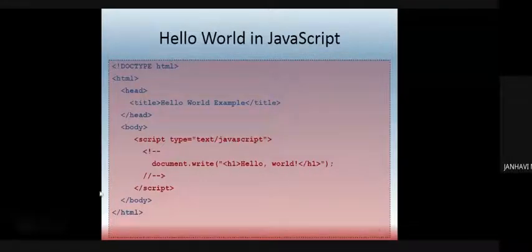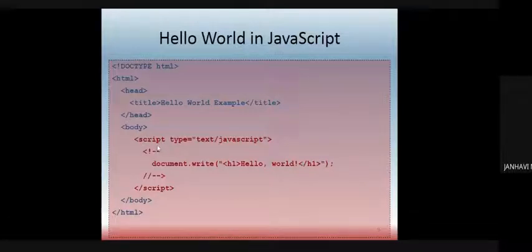Now if you see, this is nothing but a JavaScript file with your HTML and CSS properties. So doctype HTML, HTML opening, HTML closing, head opening, head closing, and the title is given, body opening and body closing. Now over here I have not put the script tag in my head tag, but I have put it after the body tag. There is absolutely no harm in running this particular program.